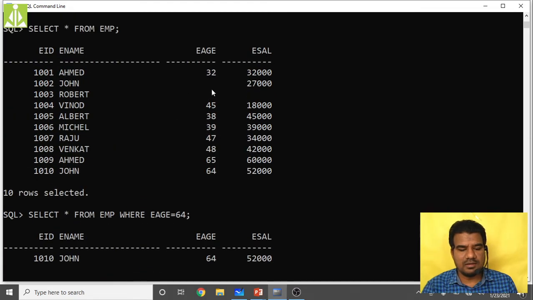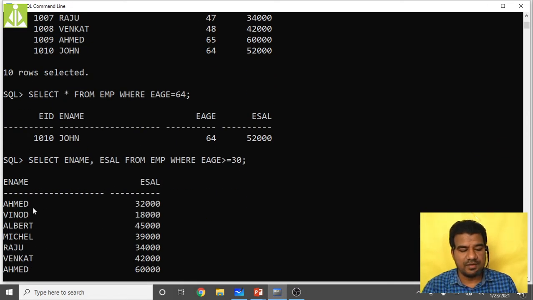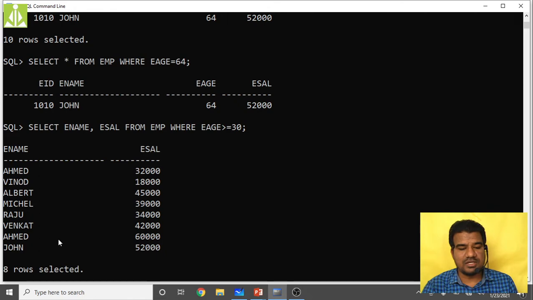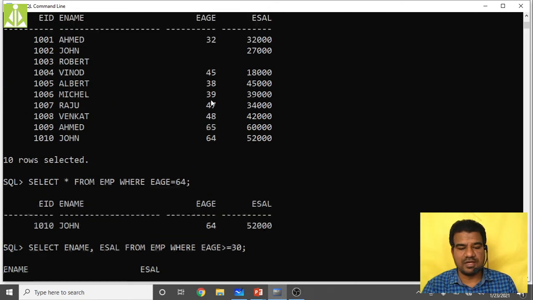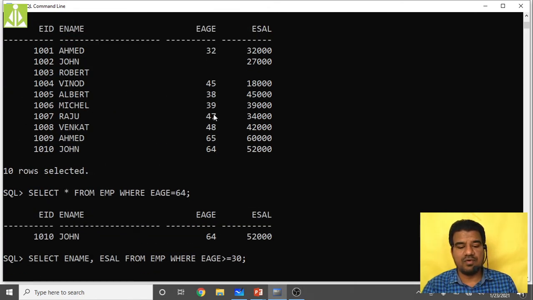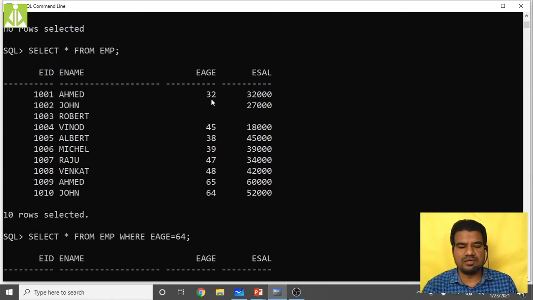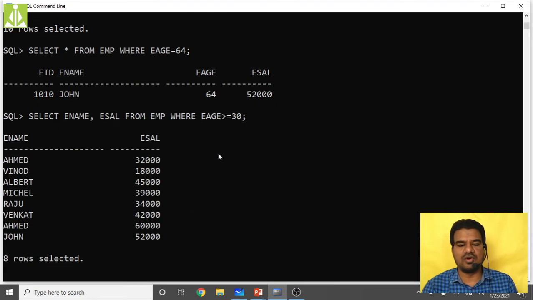Okay, I think it is retrieving these two as well. John and Robert also it is retrieving. Yeah, John it is retrieving. So 1, 2, 3, 4, 5, 6, 7, 8. All are 30 plus, isn't it? 32, it will consider 32 also. 32, 38, 39 also it will consider. So, except these two, this 102 and 103 it is not retrieving. Except these two it is retrieving all. So, 1, 2, 3, 4, 5, 6, 7, 8 records. Correctly, accurately we got. 8 records accurately we got.